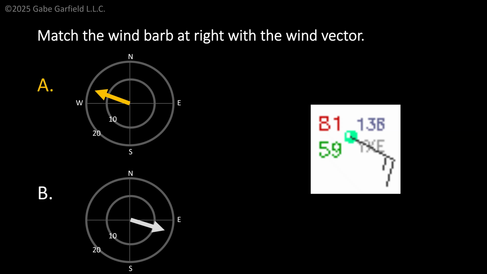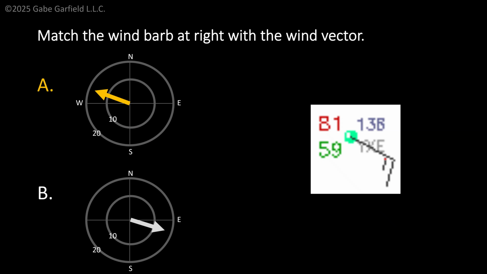If you answered A, you got this exactly correct. So in this case, you see a wind coming from the east-southeast. But remember, when we plot hodographs, we plot them from the center toward where the wind is going. In this case, it's going toward the west-northwest. And we represent the length of the vector, or the length of the arrow, based upon how strong the wind is. And we know the wind here is 1 barb plus half a barb, which is 10 and 5,